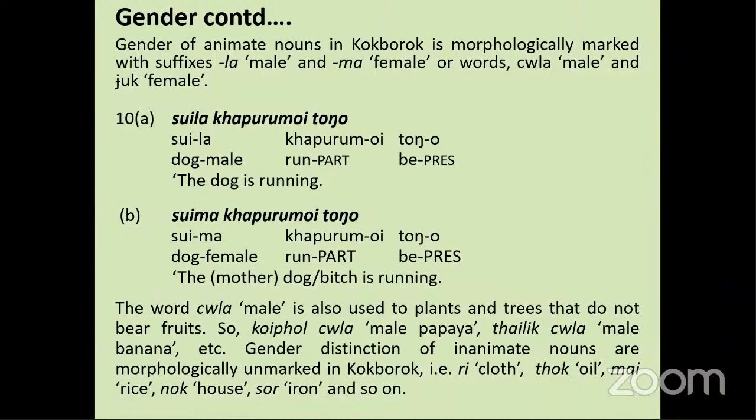So we can see this example, Suila Kapurumoi Tongo, the dog is running. Suima Kapurumoi Tongo, the witch is running. So here, the verb remains the same, tongo, even if the subject arguments are different. Well, this very word chula, denoting male gender, is also found to be used for some plants and trees which do not